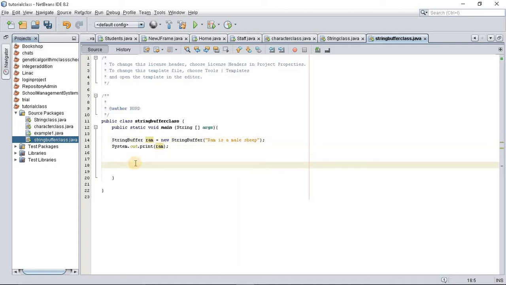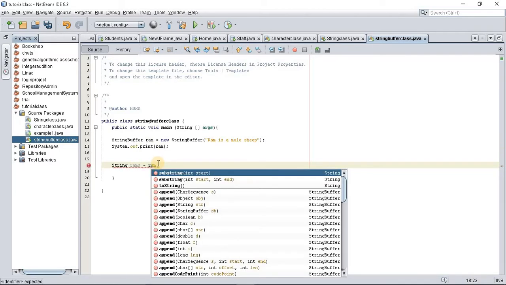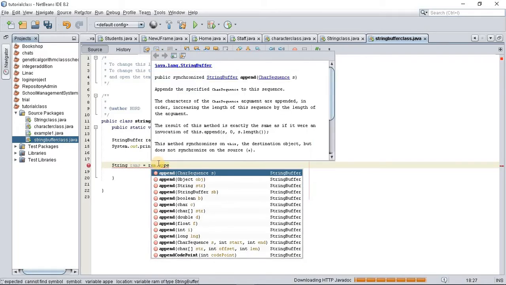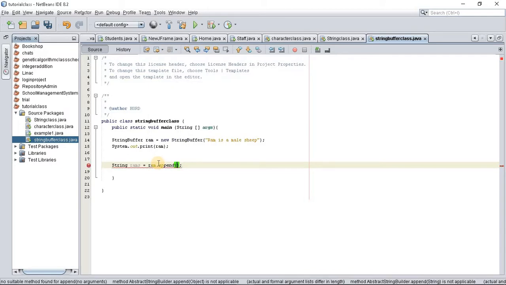All we just have to do is come down here and say system, no, we'll say string rams equals ram dot append. Append what? What are we appending to RAM? We'll just say that has horns,